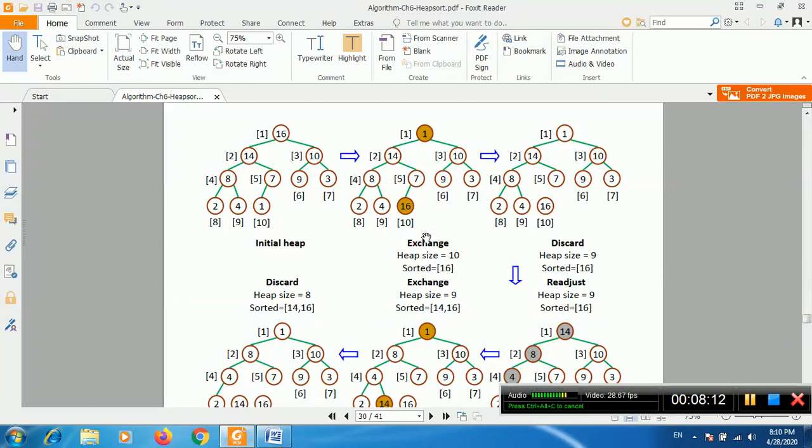So we will swap the element at the last index of the array with the root node. The element present at the last index is 1 and the root node is 16. So we will exchange the element of the last node of the array, or last node of the tree. So here swap the elements. So 16 is the sorted position. Next we will see the next tree.